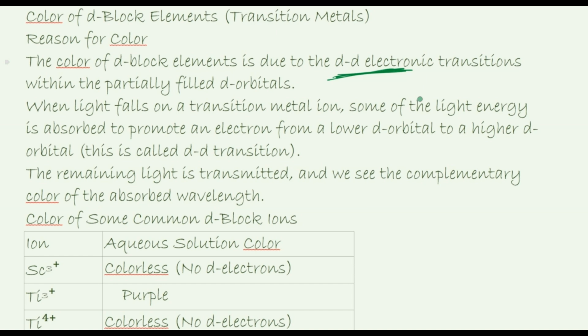And how the color is formed is that whatever color we see is the complementary color of the absorbed wavelength. So what is that complementary and absorption? Usually there is a color wheel. I think most of you must have heard about it, but I am giving you a simple trick to remember